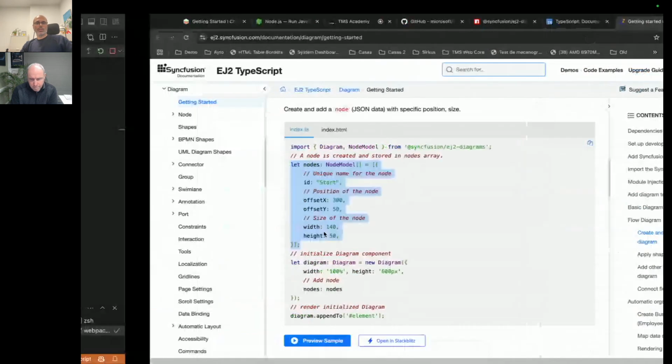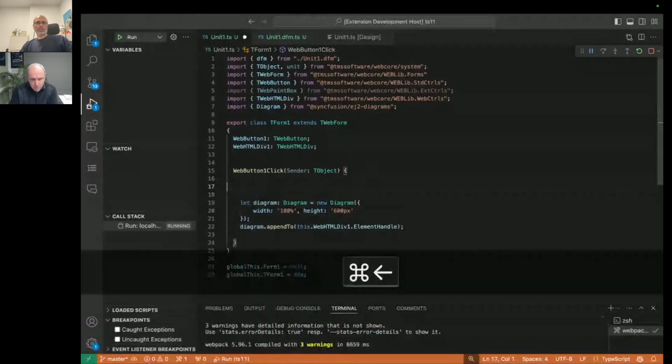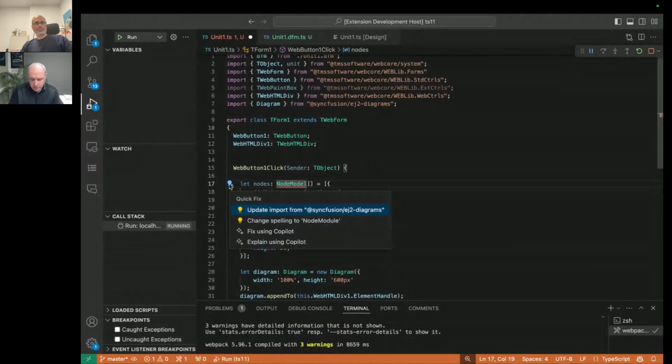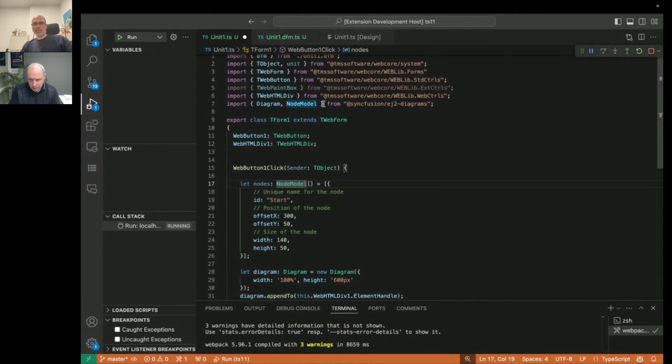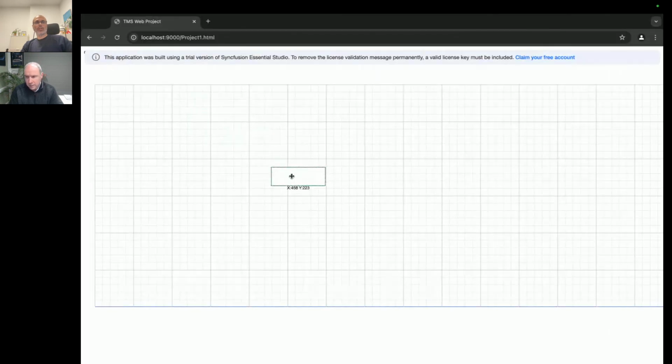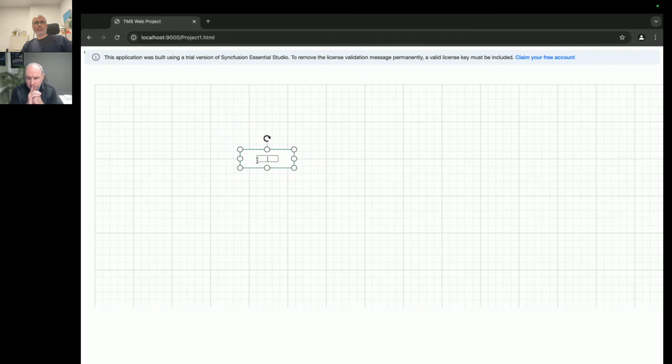Copy this, paste this here. This is the description of the node. Again, this is red. Let's get Visual Studio Code to help. So add the import, it is updating it properly. And now here, what I need to do is add the nodes for nodes. Okay, so saving this, and once I create, then I get my node here, which is fully functional,